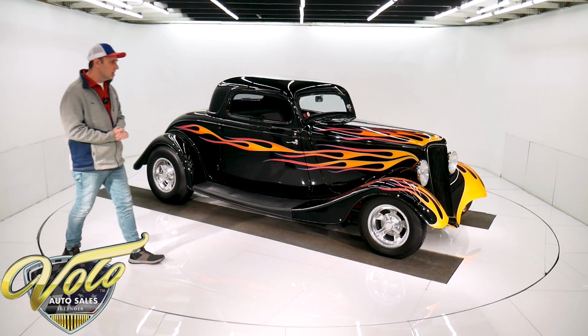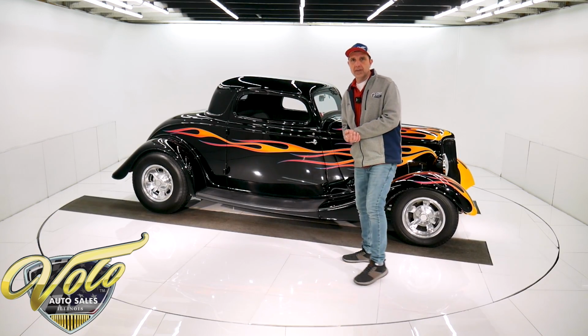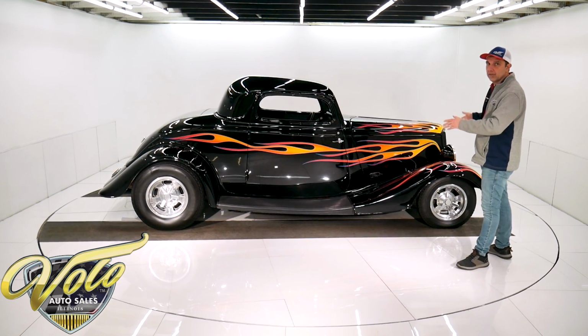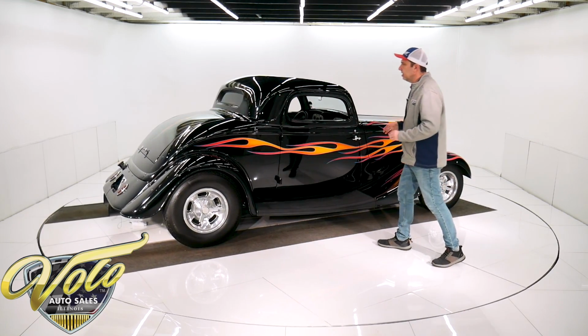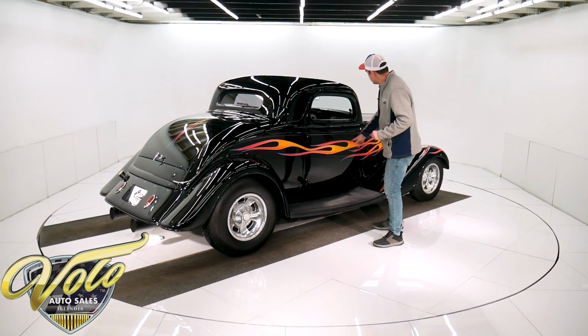This car was built, restored 25 years ago, so it's not perfect, but yes, it looks beautiful. Standing right here, it looks perfect. It's not perfect. It's a driver. It's been driven, but it's a nice car. But again, what it's got going for it, this is all steel, genuine, 3-window coupe,